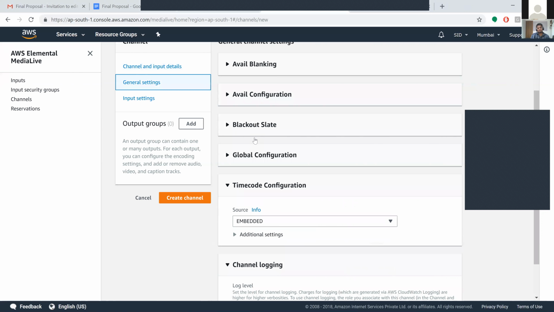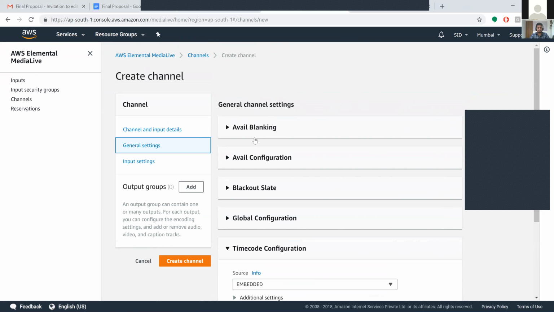Once the channel and input details are done, we get the general settings.